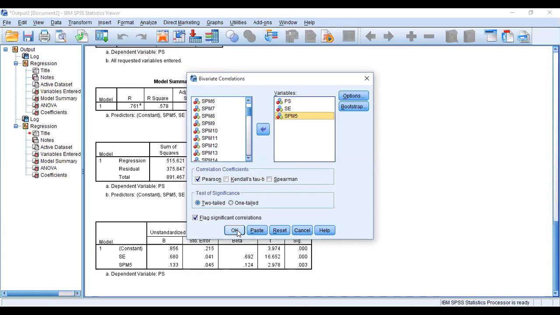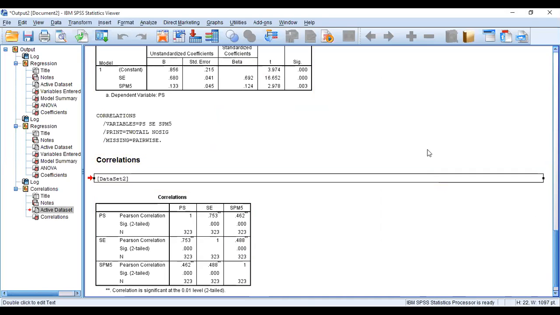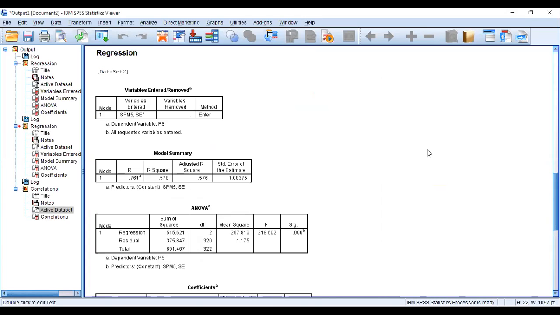So just select the objects. If you look at the correlation between these three values, it is basically 0.753 in the table. This table is also reflecting 0.761.